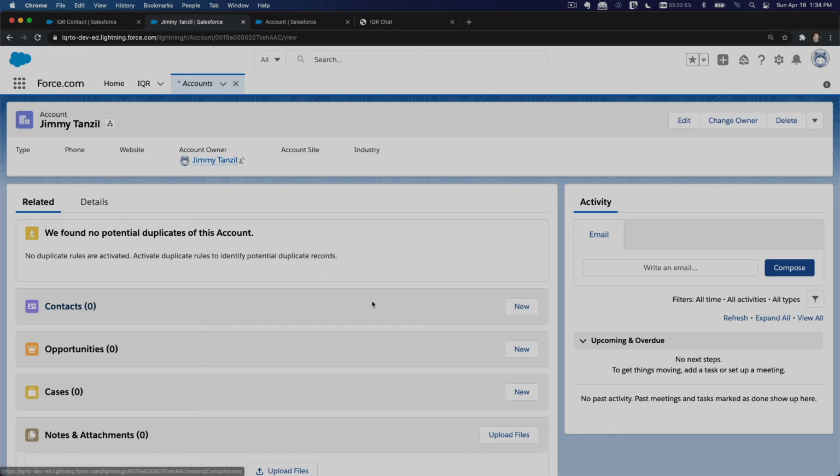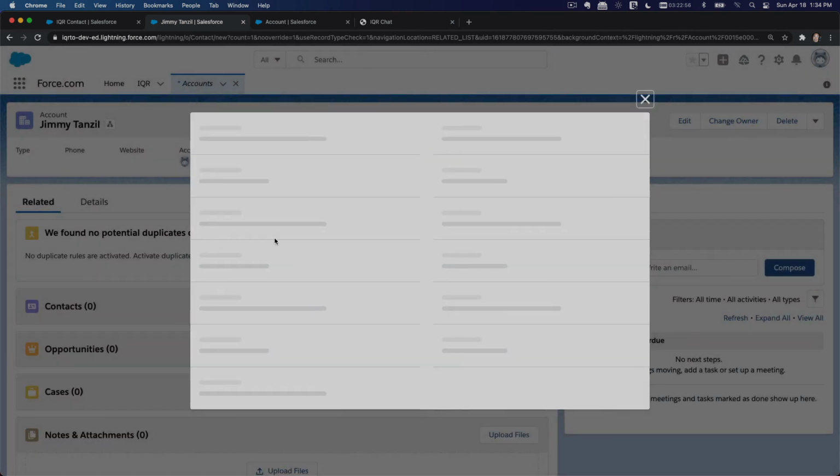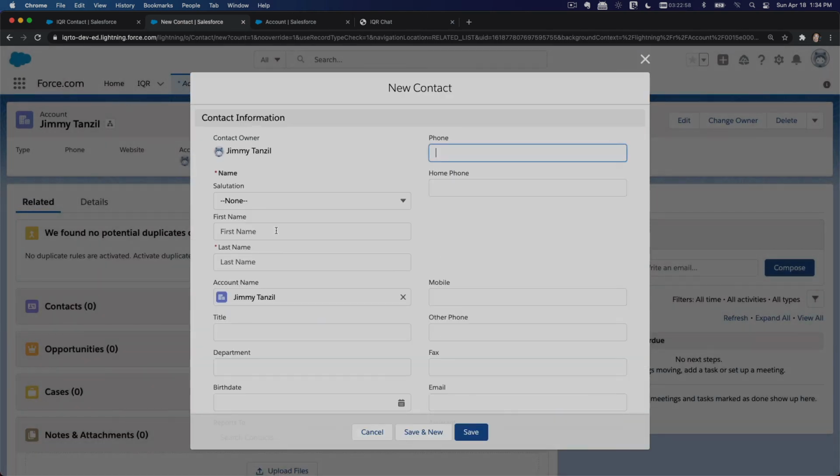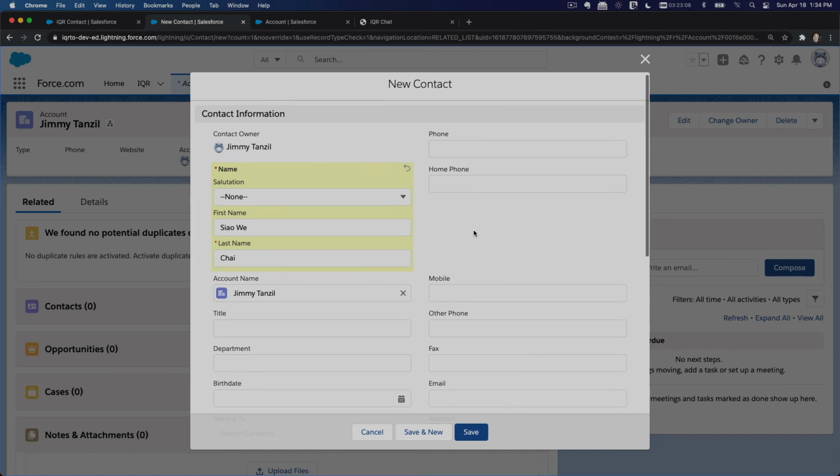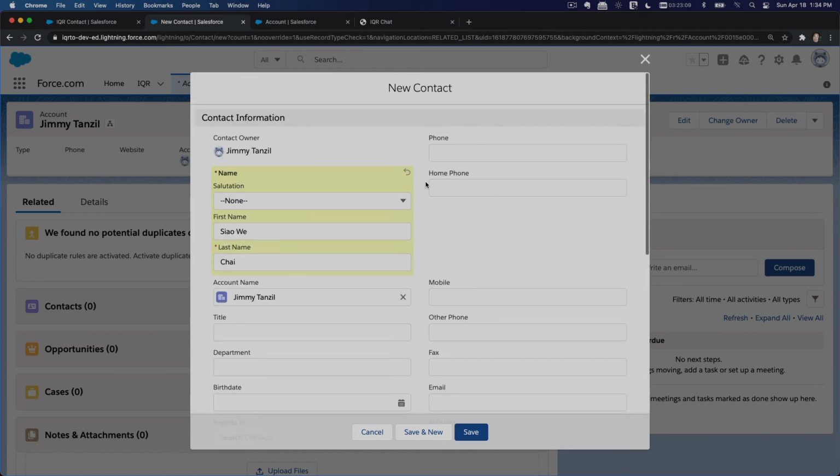See, my contacts, I want to add new. I want to create my wife. Her phone number, I'm not going to display it here, but it will be alerting to her phone number. Okay, so I'm going to hit save and new,